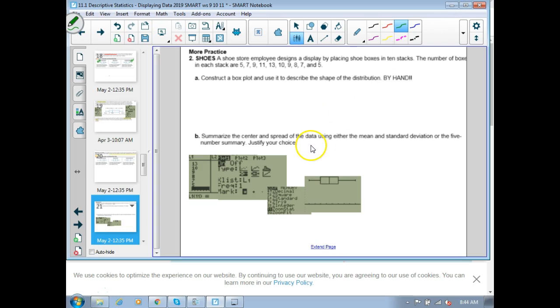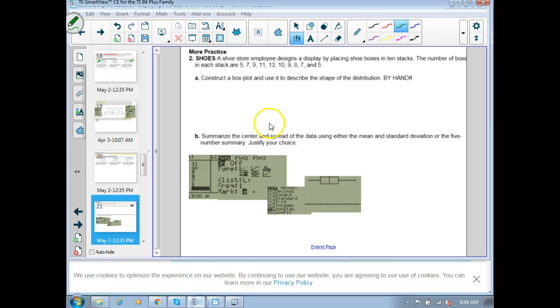I think we're good. So let's come up with the 5-number summary, just because they asked me for it, I believe. And they also want to know means versus standard deviation versus the 5-number summary. So in your menu for